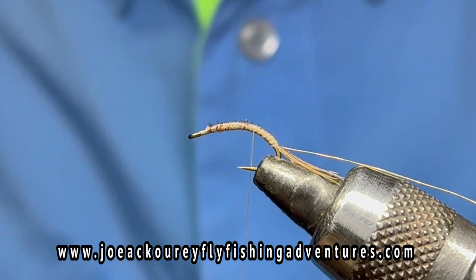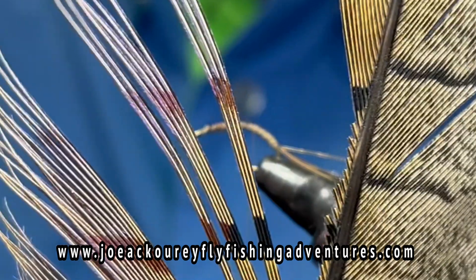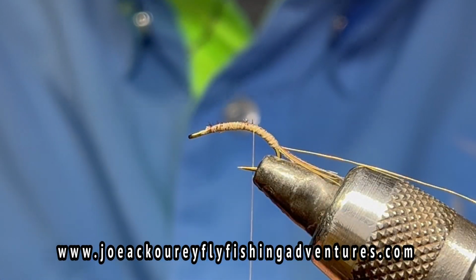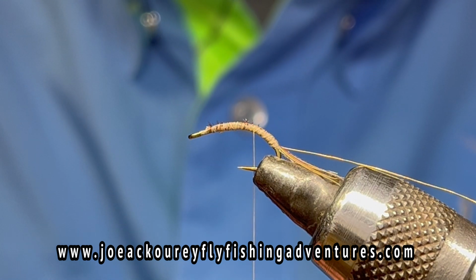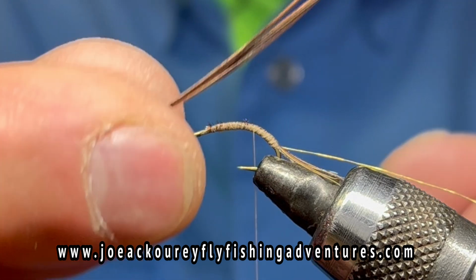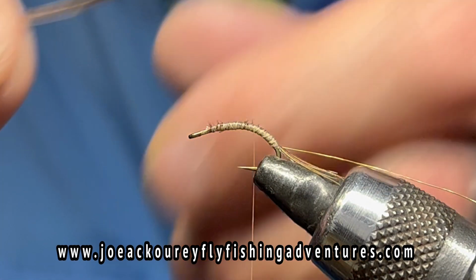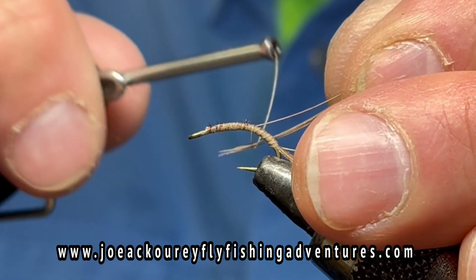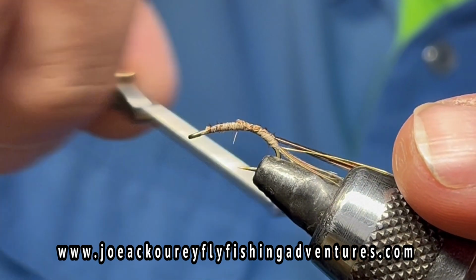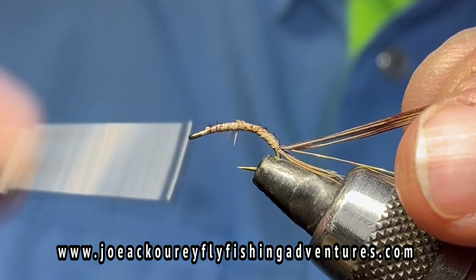Now, what we're going to use for the abdomen is going to be ring neck pheasant tail fibers. Maybe 5 or 6 of them should do the trick. Let me see, 1, 2, 3, 4, 5. Yeah, 5 or 6 should be good. You don't want it too bulky. I'm going to tie it in, not from the cut end, but from the natural end. Just going to tie those tips in, wrap them back to that critical bend, and then return my thread up